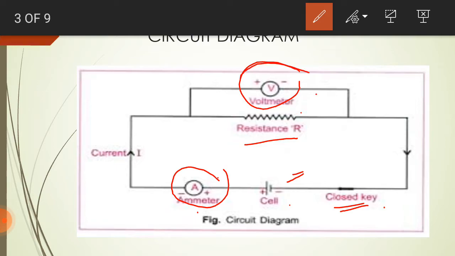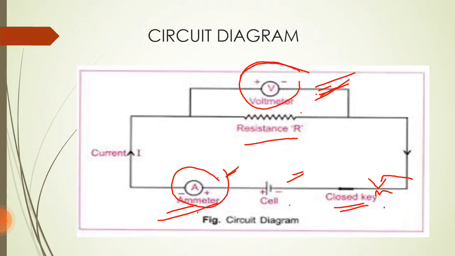So how is it connected? It is connected parallel to the resistor. What will we do? We will change the voltage by using a rheostat in the circuit. If we change the knob of the rheostat, what will happen? Automatically the voltmeter reading will change as well as the current reading. We will note down the readings of the ammeter and voltmeter and record them in a table, and from that table we will calculate Ohm's law and resistance. This is the circuit diagram.